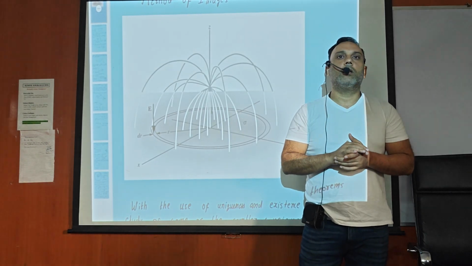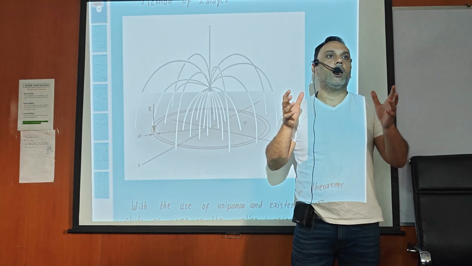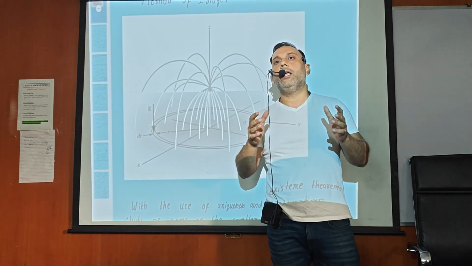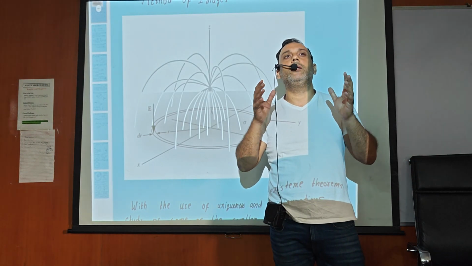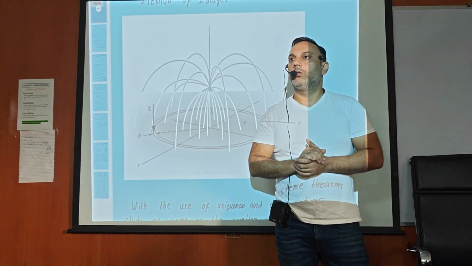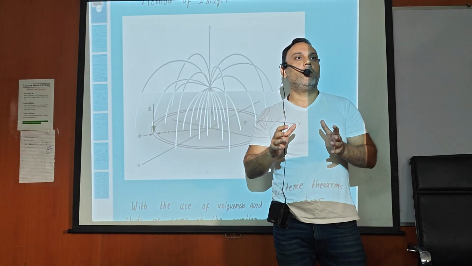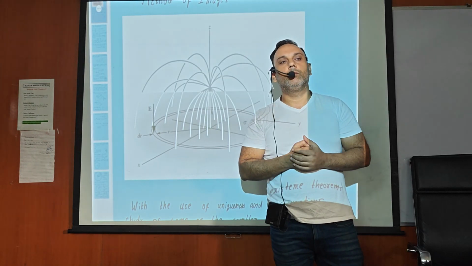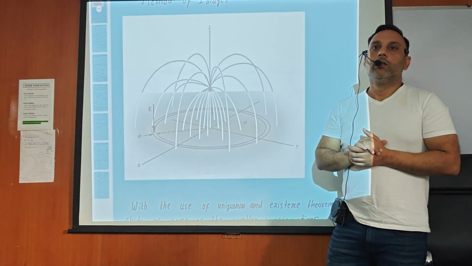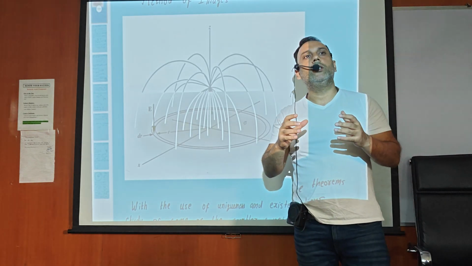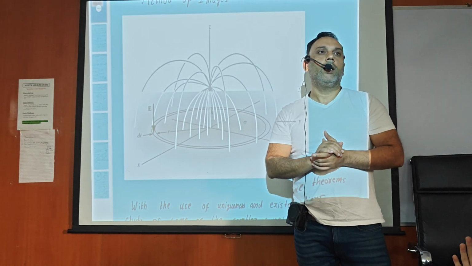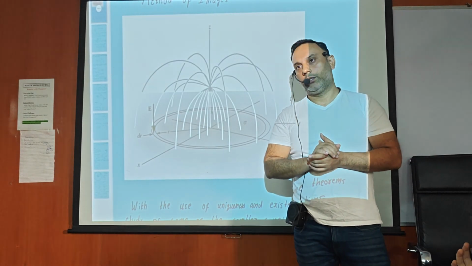But there can be some complex configurations whose charge distribution you don't even know. Then finding the electric field and electric potential becomes very difficult for such configurations. So to solve those problems, we are going to introduce a new method known as the method of images. In this method, I am going to use the existence and uniqueness theorem that you are going to study in your higher classes.